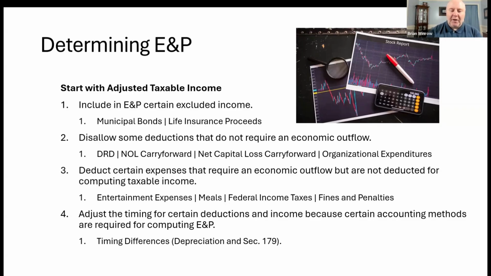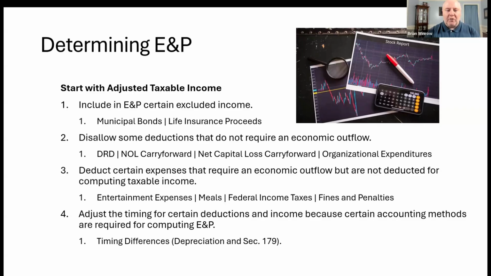Now we get to number three and we deduct certain expenses. So here in number three, we're going to subtract certain expenditures that require an economic outflow but are not deducted for computing taxable income. So it didn't show up in our taxable income. All right. Let's look at some of these. Entertainment expenses are not deductible. Well, we still wrote the check. We did that for